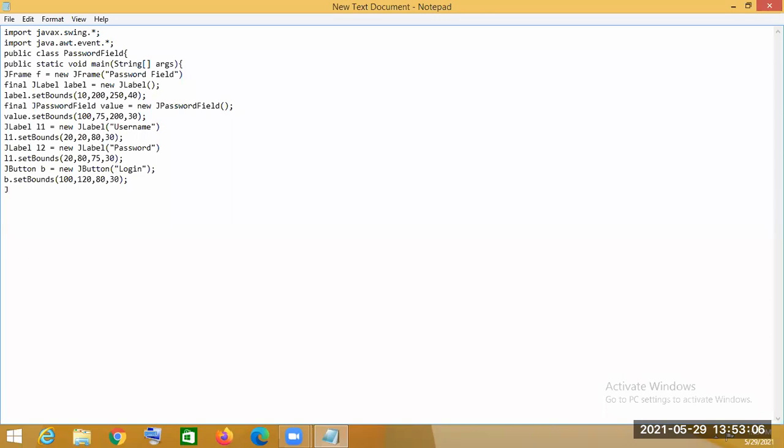So JTextField text equal to new JTextField. We are declaring it as final. Then we have to fix the position of this text field, so you have to call the setBounds method with its object.